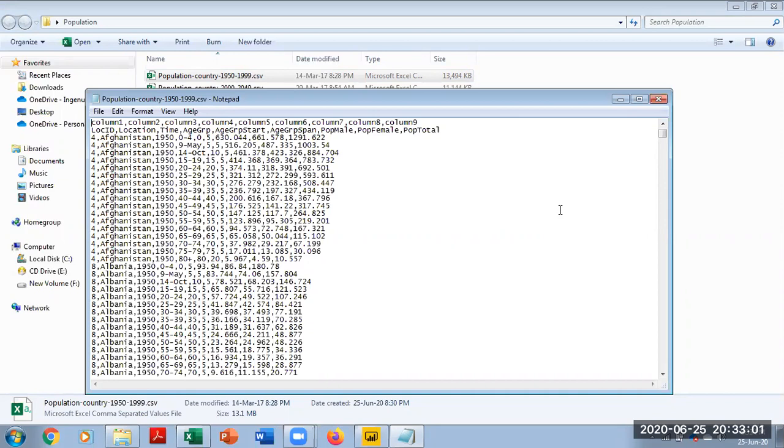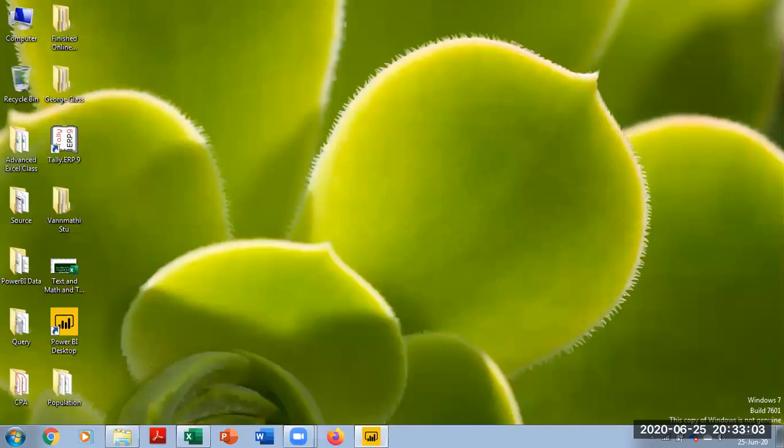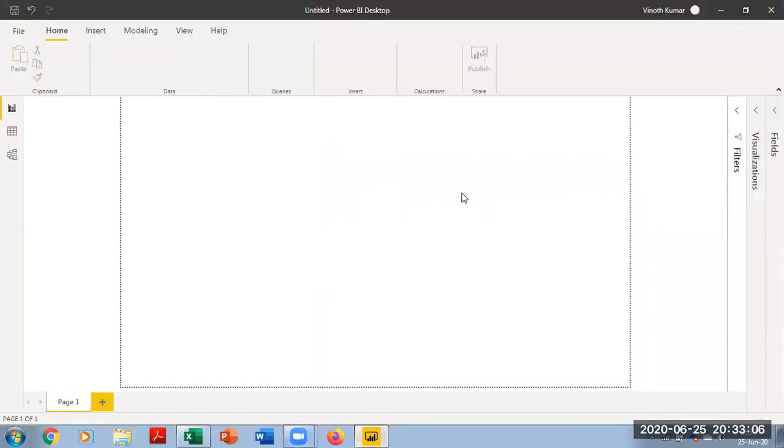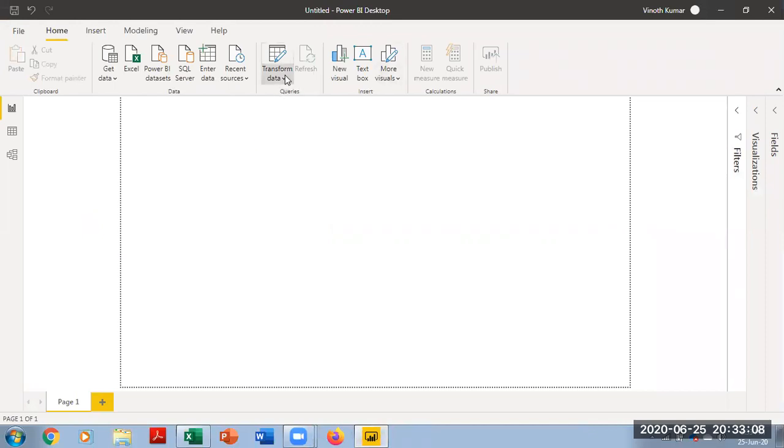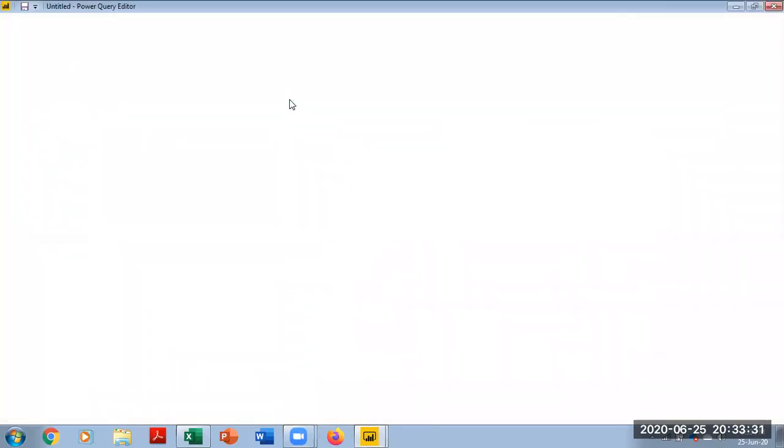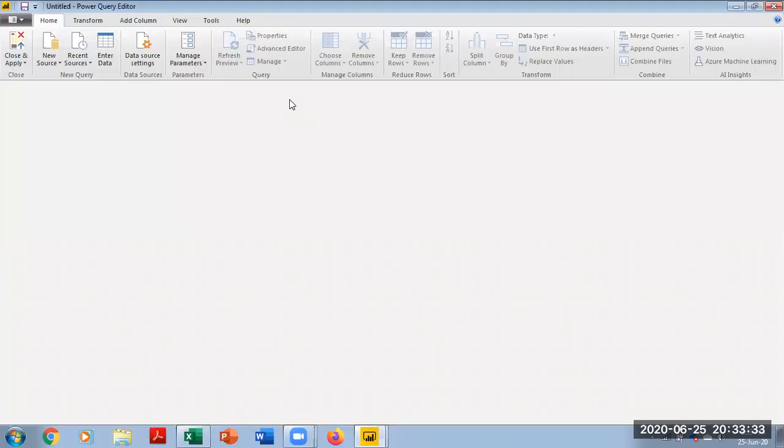So if the data is not proper, what I will do in Power BI Desktop is I will use the transform tab. If you're using a Windows 10 version, you won't see this transform tab. You will see the edit query option. Probably I'll show you interface variances as we go forward. Now I'm trying to move a little faster, so I wish to use the transform tab. When I click the transform tab, as I told you in the previous video, we deal with two different windows here. My first window is Power BI Desktop. The second window is my Power Query editor.